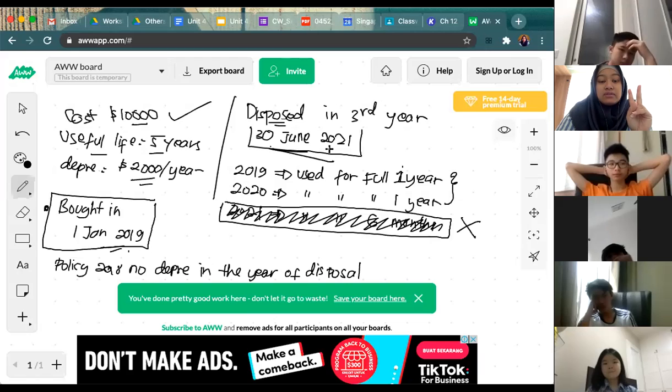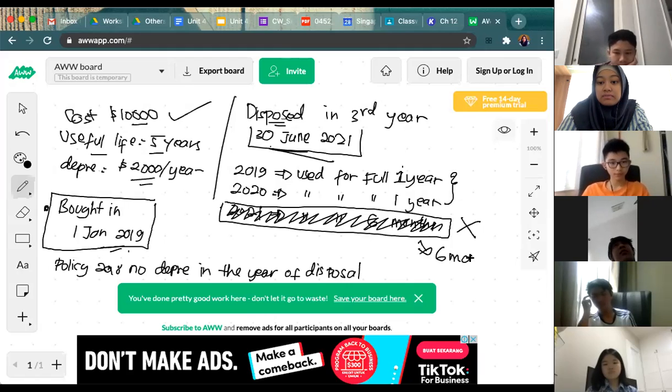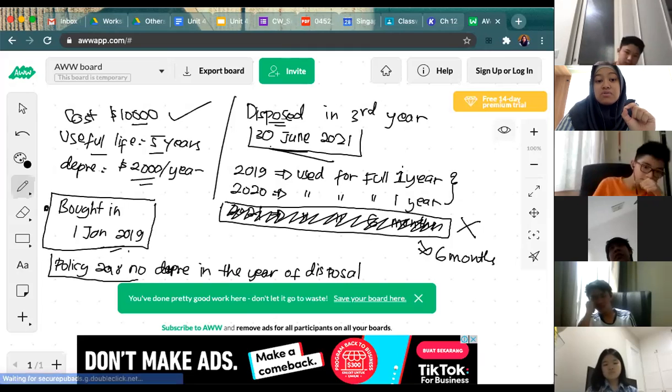And in 2021, you only use it for 6 months from 1 January to 30 June. So total usage is 2.5 years, with the half year over here. Yeah, this one is the 6 months. Clear, yeah? 2.5 years. But if you see this policy is applied in the question that says no depreciation in